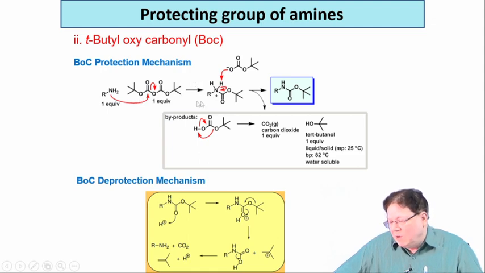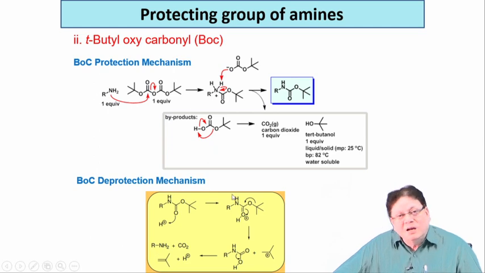So, you take BOC anhydride, one equivalent, add the amine, you do not have to add any other thing, just in a solvent, and what will happen, this NH2 will attack one of the anhydride carbonyls, the other oxygen takes up the electrons, and then that loses carbon dioxide, and finally, what you get is the protected T-butyl oxy group. Okay. So, this is not shown here, this will be O minus, then O minus comes back and carbon dioxide is liberated. This is carbonate, now you are getting a carbonate, okay, and that is lost.